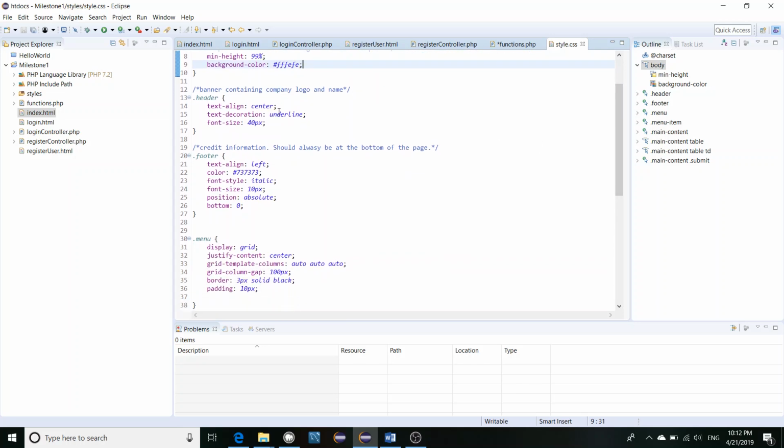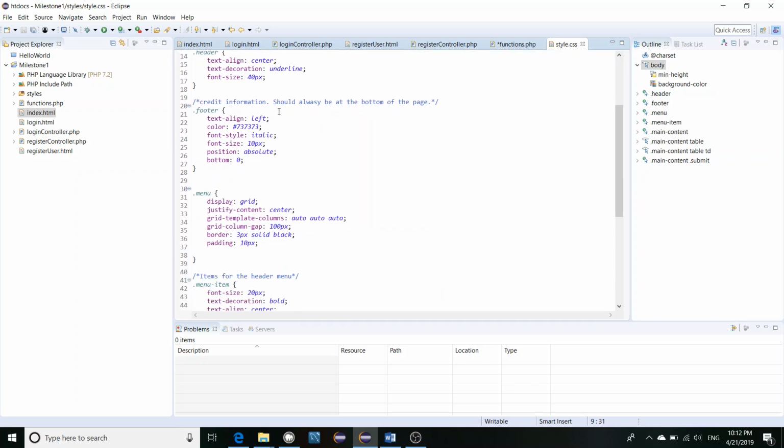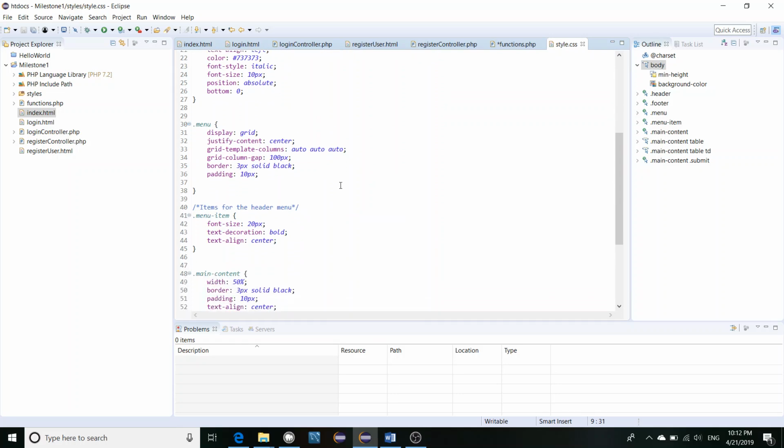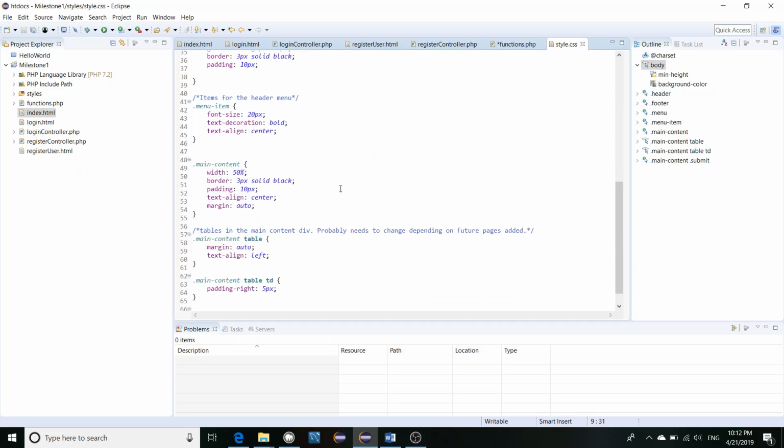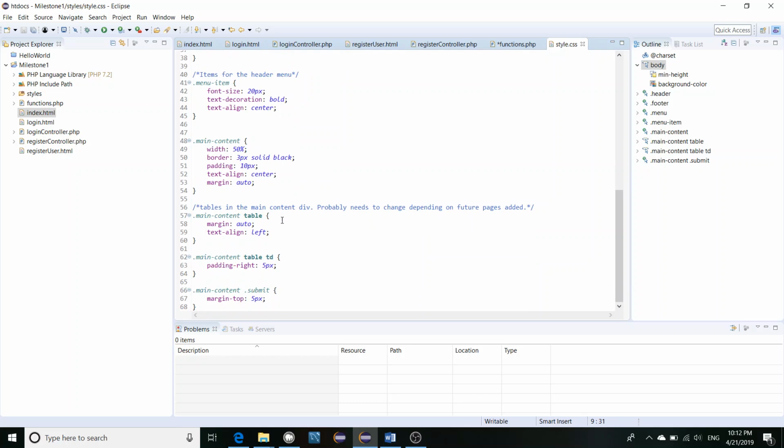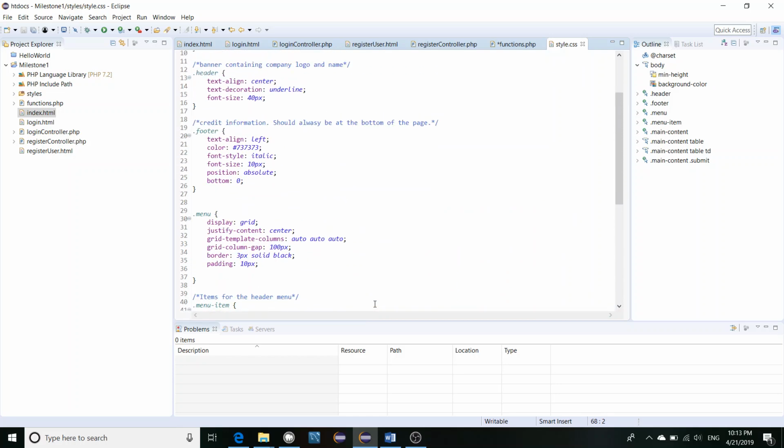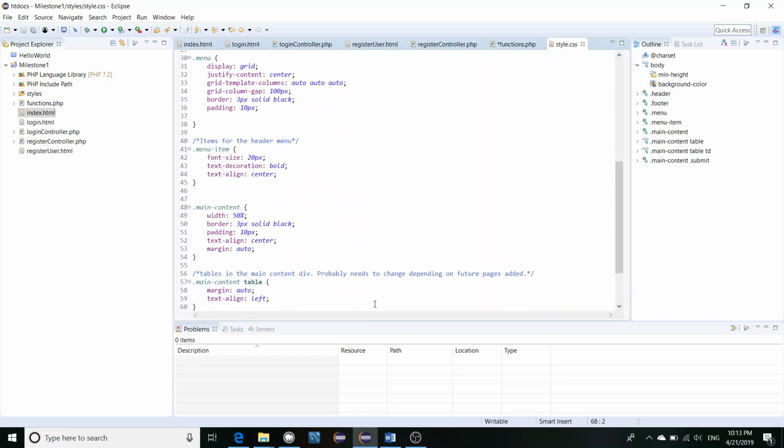Our header, fairly simple. Nothing entirely mind-blowing here. Everything is fairly straightforward. Nothing major to report other than our